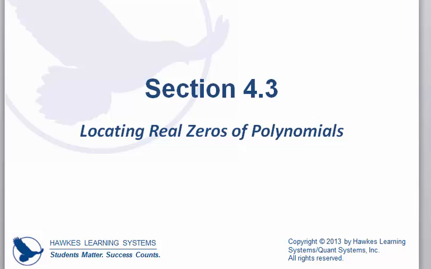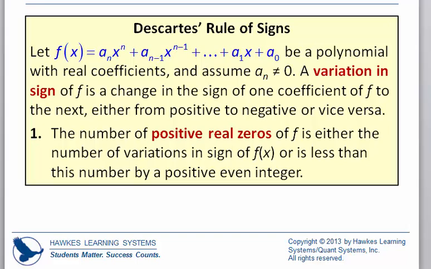We'll now continue with section 4.3 and discuss specifically Descartes' rule of signs. Descartes' rule of signs tells us that if we have a polynomial and we see a variation in sign, which means that the function either changes from positive to negative or negative to positive, we can draw the following conclusions. The number of positive real zeros of the function is either the number of variations in sign, or is less than this number by a positive even integer,